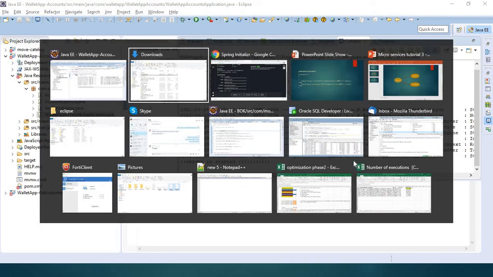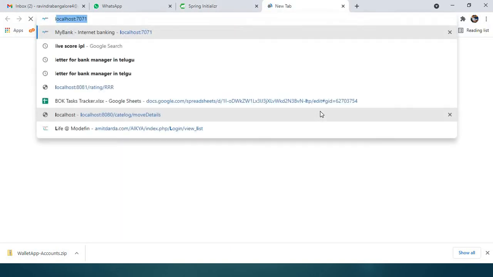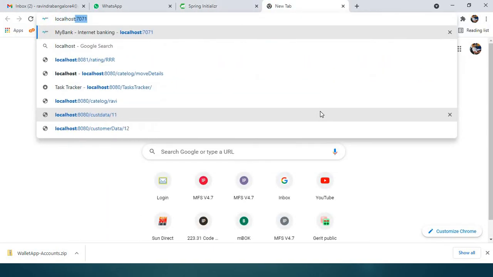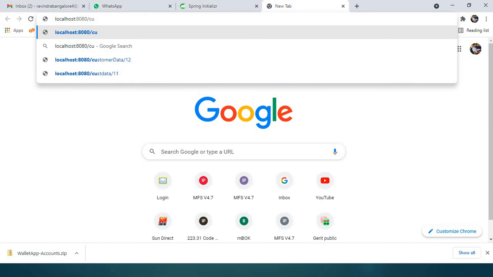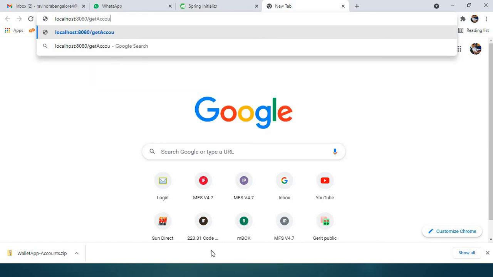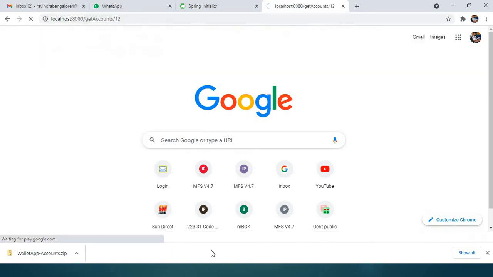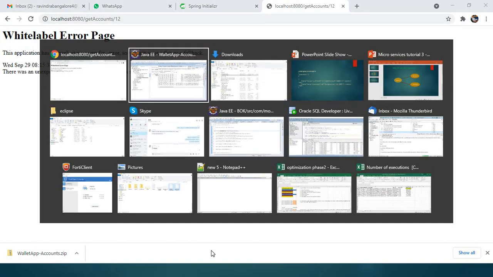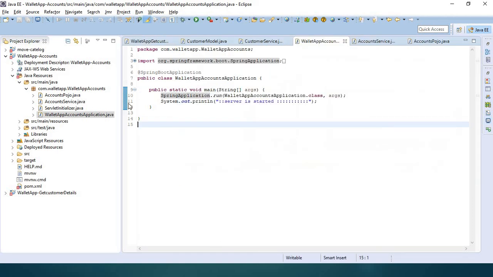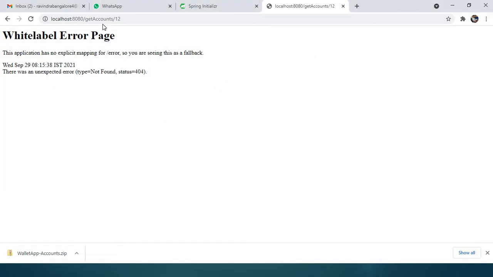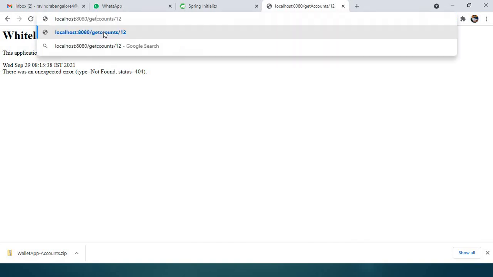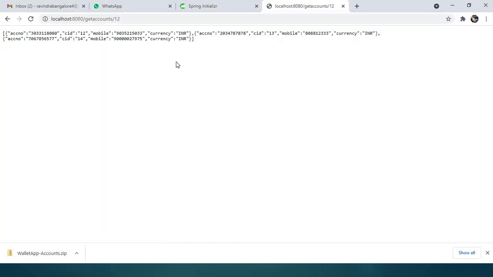So let's go to the browser and try to access that. localhost:8080, the API we gave, get accounts, right? Get accounts 12. It's giving 404. What is exactly the API we have to see now. Small accounts, sorry, we gave caps. So the API is, yes, if you see here, we have received the account details of the customer, correct?